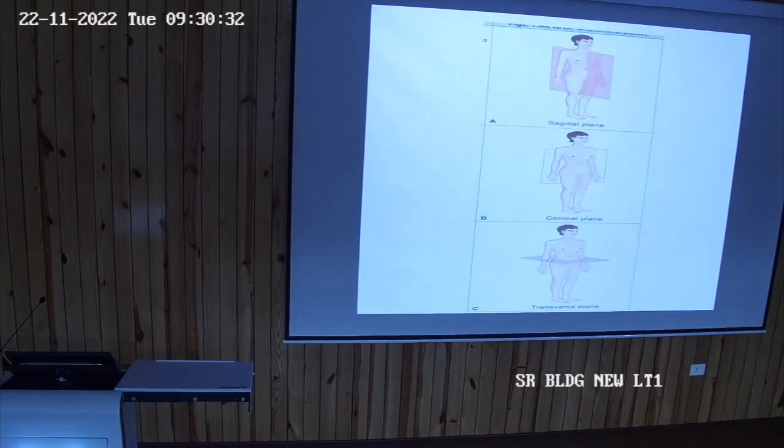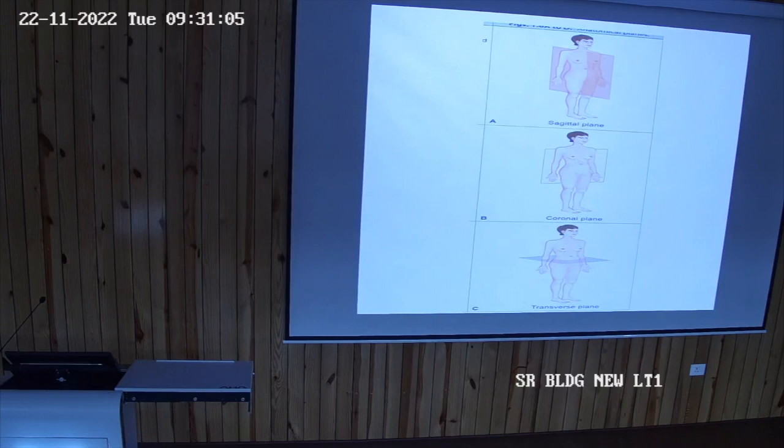After this, when you read anatomy, you will come across sagittal plane, coronal plane, oblique plane, transverse plane. As I have told you previously, the midline of the body. If we divide the body into two equal halves, right half and left half,